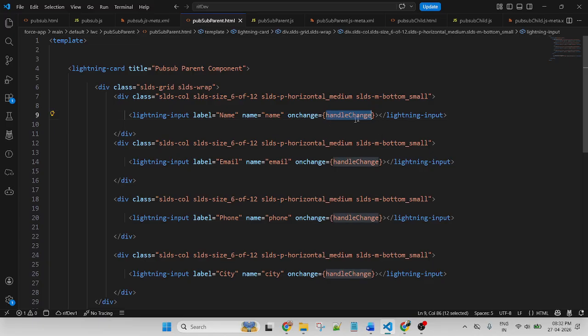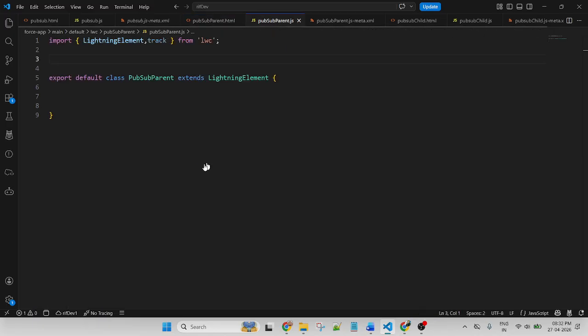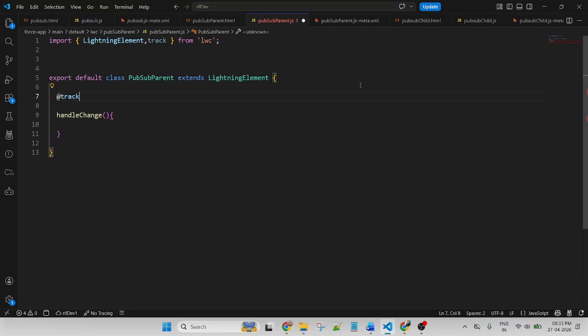So first I will create a function, handle change. If you pass multiple values, you need to create an object like a variable, like @track.